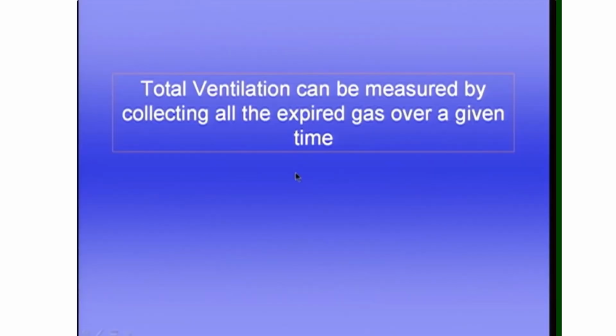Okay, now let's turn to the measurement of ventilation. And first of all, we can think about measuring the total ventilation. Well, that's very easily done. We simply connect a subject to a valve box. A valve box is simply a device that separates the inspired and the expired gas, and we collect the expired